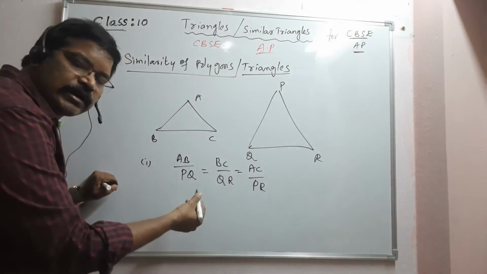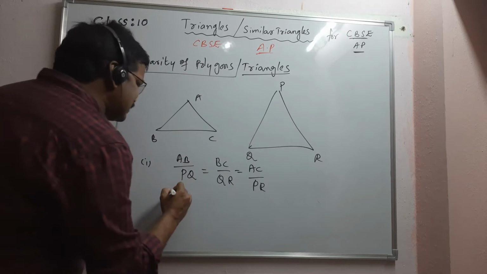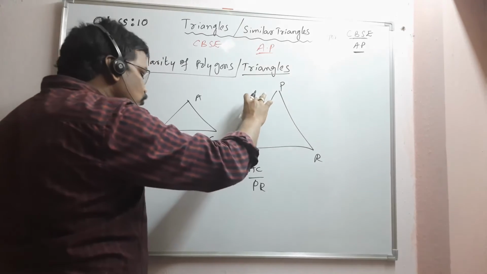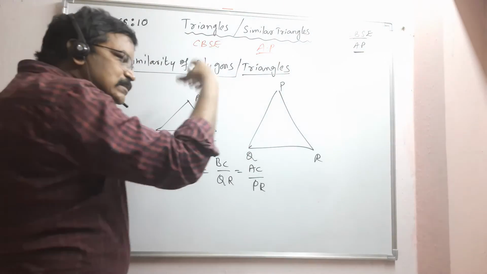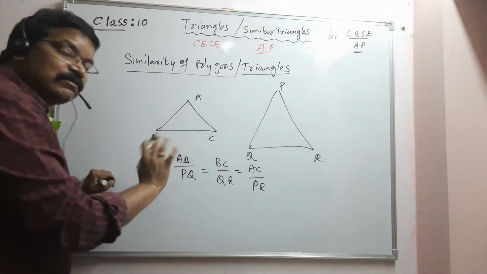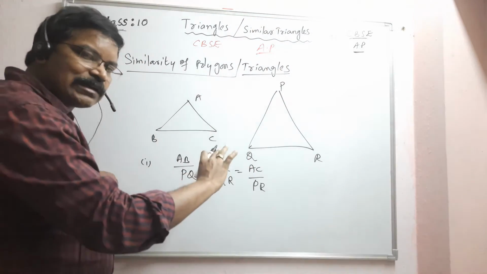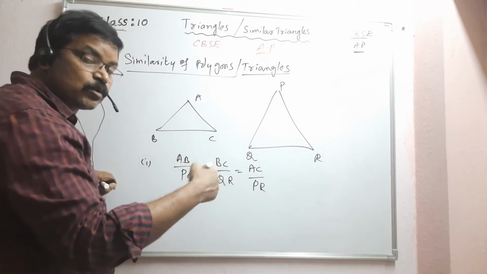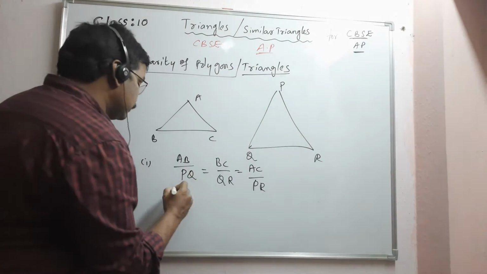Here the corresponding side of AB is PQ, the corresponding side of BC is QR and the corresponding side of AC is PR. If the ratios of the corresponding sides of two triangles are equal,